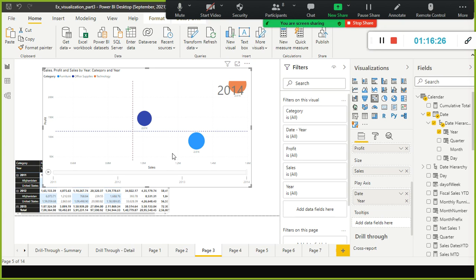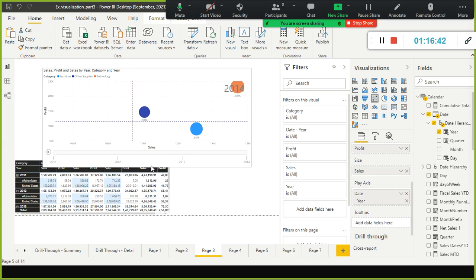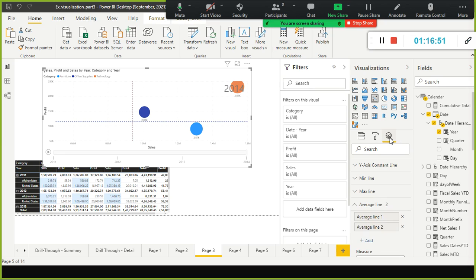This is an interesting insight, right? Now with this you can drill through to find out why the profitability is less though the sale is high. You need to do some kind of drill through. What is drill through? We'll see it. It's already 11, so in the next session we will see it. And we'll also try another option in the analytics.